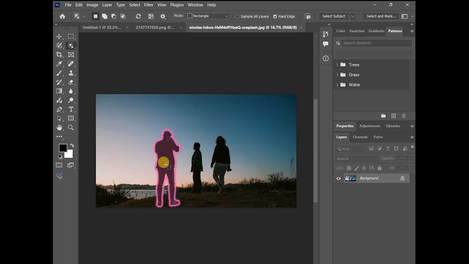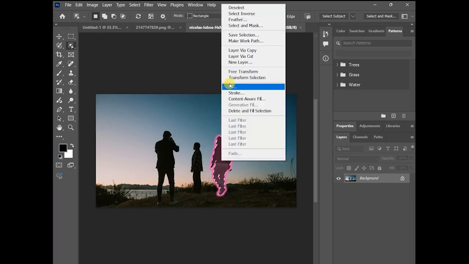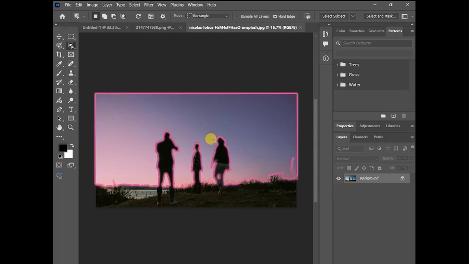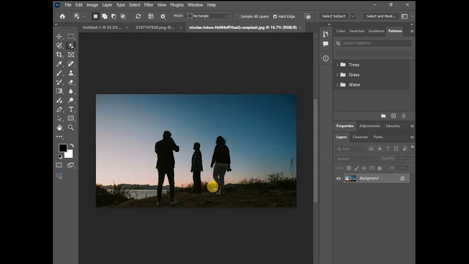So when we hover on image, now you see object selected, and when we click on it, then you see object selected, but we are going to select multiple object. Now deselect. So by using this method, we are going to select object one by one, but we are going